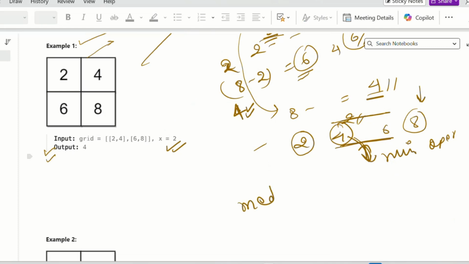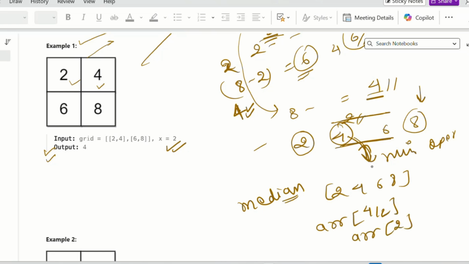For the middle value, we can find it using the median. How can we find the median? How many elements are there? 4 elements. So this is the 2, 4, 6, 8 vector. How many elements are there? 4. So if I do ARR of 4 divided by 2, that is 2. So ARR[2] will be my median. If I select my median after sorting the vector, then I get the value